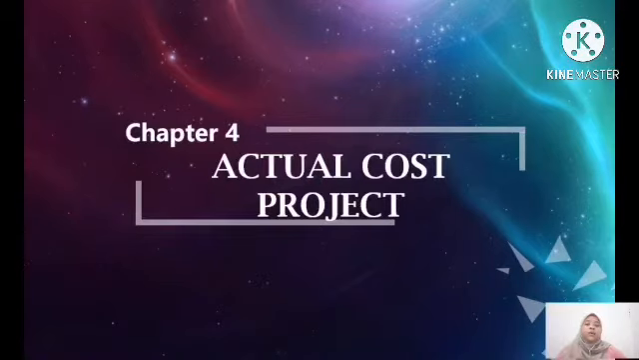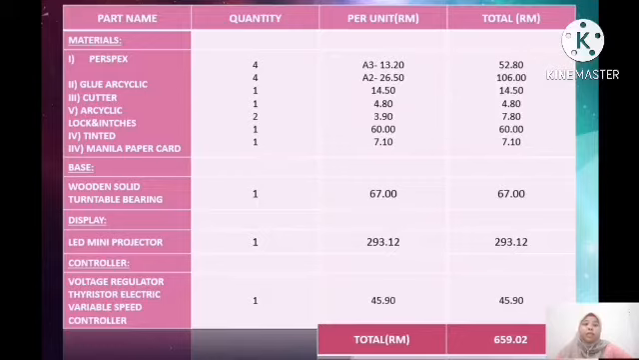Our actual cost project, we have four main parts in our project. First, we have material. Second, we have base. And third, display. And fourth is controller. In material, we have perspex, which is A3 and A2. The quantity is 4. And the price for A3 is 52 ringgit 80 sen. And the A2